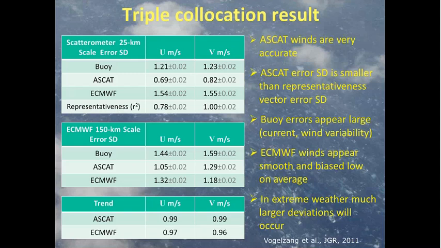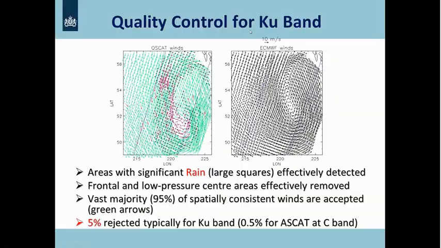Okay. So I mentioned already the quality control. Here you see another example for Ku band quality control, where you see that some areas with rain are in fact flagged, but most of the areas remain green, so you still can depict the structure of the storm in this case. So for Ku band systems, on average we reject about 5% of the data, but we have some indications that we can make this percentage lower, and we are doing some further research on that.